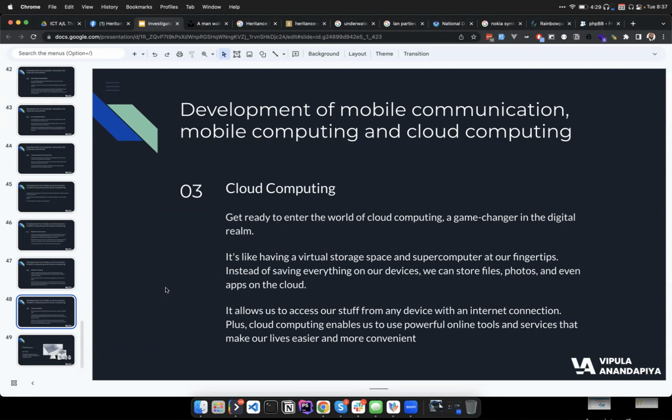It gave us virtual storage spaces and the idea of supercomputers at our fingertips, where we can connect to a computer and get our things done through the internet without spending money on physical hardware. So now the world basically runs on cloud computing, and every software engineering application, every application you use right now,